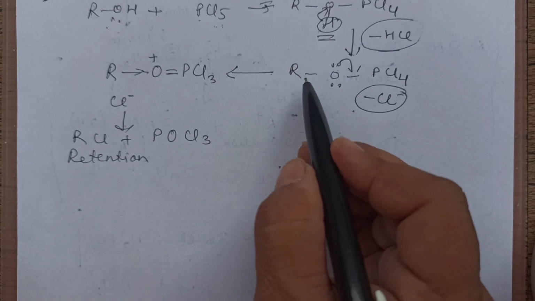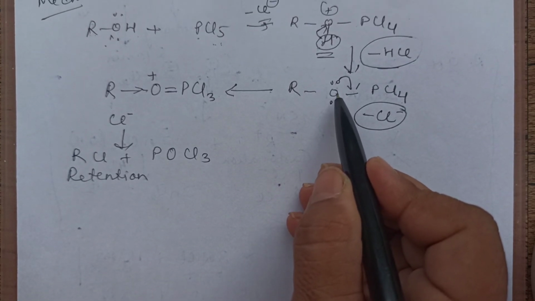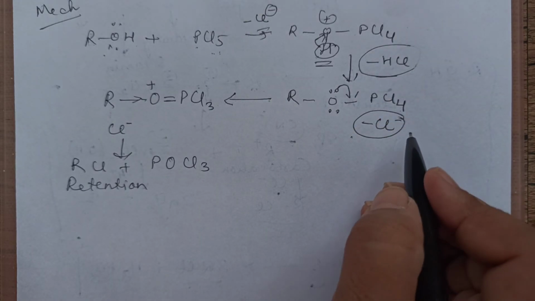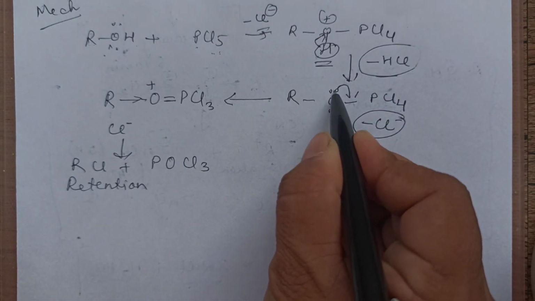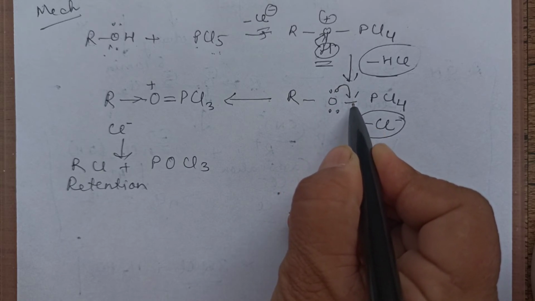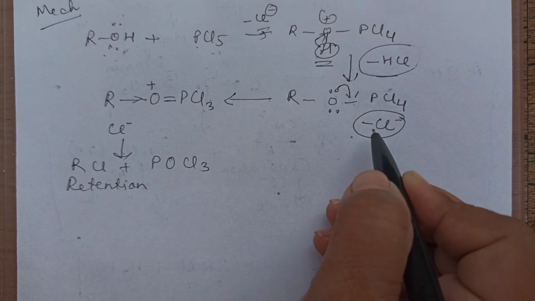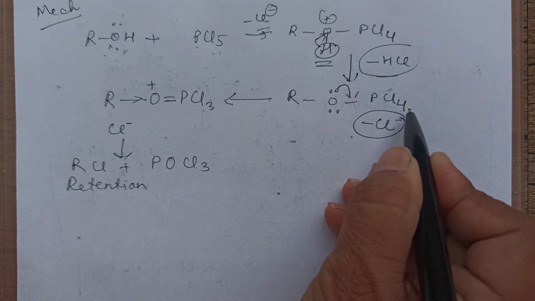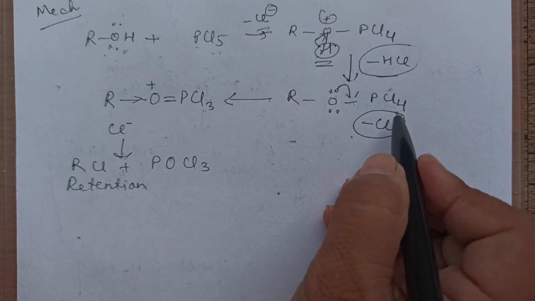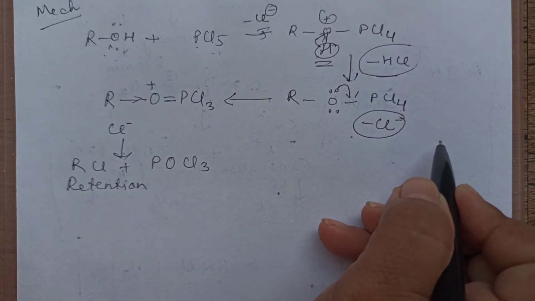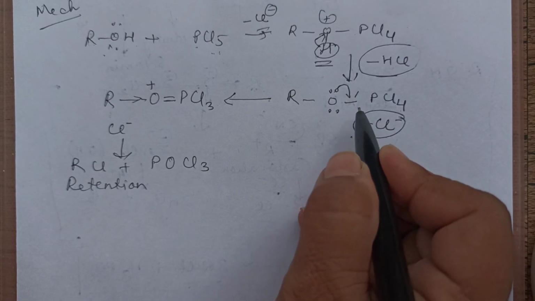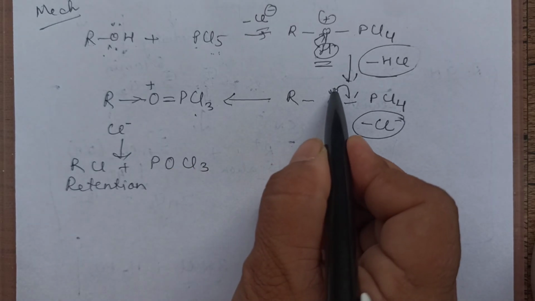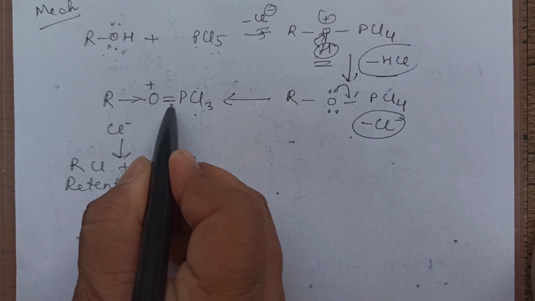Now what are we left over with? R, O, again with both lone pairs back on it, PCl4. Then this lone pair from here tries to come back between P and O. When this is trying to come here, one Cl minus comes out from here, because phosphorus is now getting extra bonds; it is already having 5. So one Cl minus comes out, and I have reduced this to PCl3. When this has come here, I have put a double bond over here.